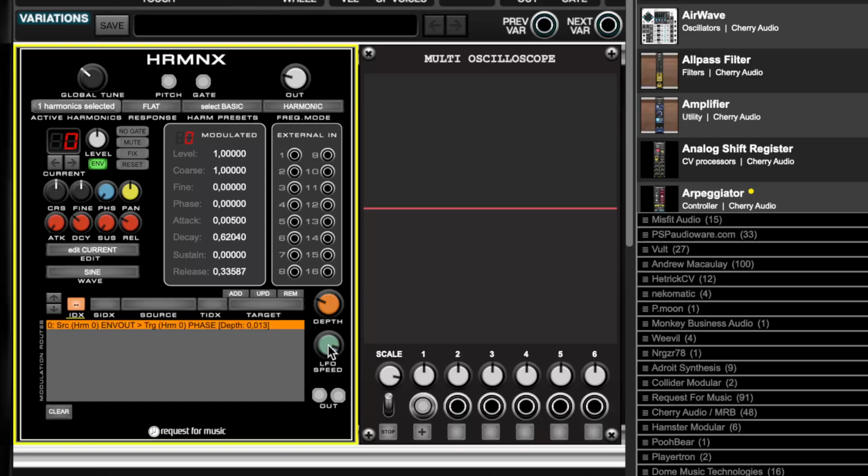So if, for instance, I also have an LFO here, if I also want to change the frequency of that same oscillator 0 by using the LFO as a source, I could click on number 1 as a source index, which is that harmonic, because even if I use the LFO, it still needs some ID there. But at least I'm going to number 0, and I'm going to change the coarse frequency. So if I press add, the depth is at 0 at the moment, but if I dial that up,